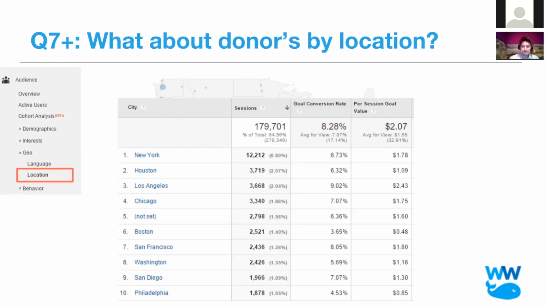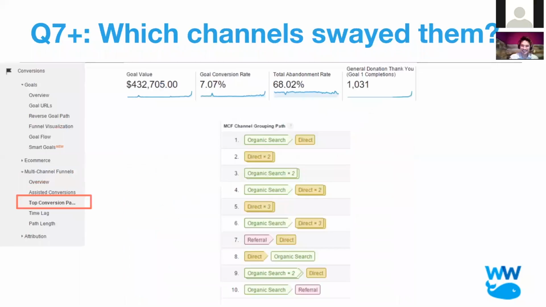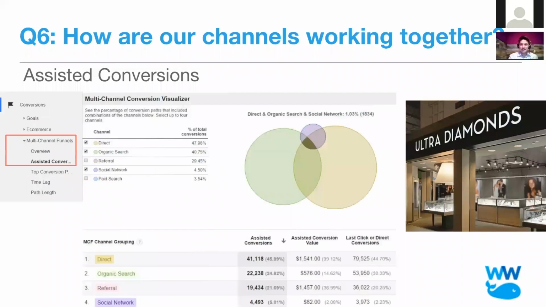Can you explain a little more about the circular diagram about assisted conversions? How does it indicate the strength of the relationships? All the relationships are pretty much equal. You can control the weighted value, right? So we like an equal weight conversion just to put everything on the same page, apples to apples. You can actually change the weighting, disproportionately weighting last click versus first click conversions.